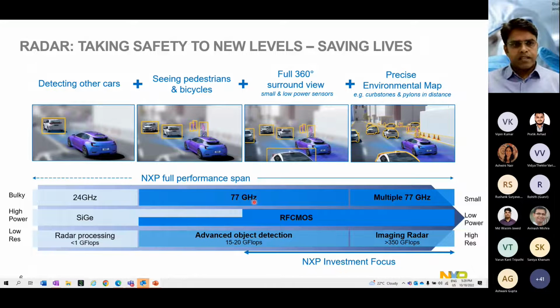So first, in the beginning, when we were working in the 24 gigahertz domain, most of the technologies used were silicon germanium technologies, which were actually expensive and heavy. And then the radar processing was a lot less. There was very little radar could do. It has a low resolution, and all it could do is detect a car. For example, in cruise control kind of applications, that's maybe good enough. Then